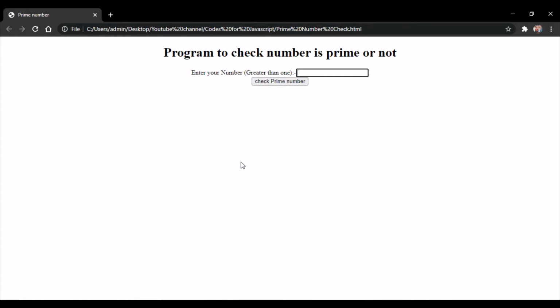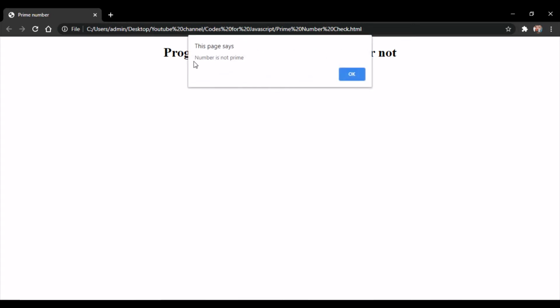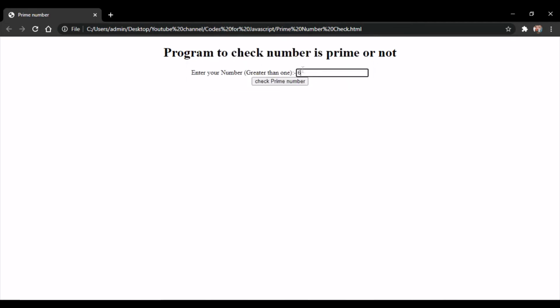So this is our output. I'll show you what we get after we enter a non-prime number and a prime number. Here I'll type in 6 to check if it is a prime number. This output shows us that the number is not prime. 6 is obviously not a prime number. So we'll go to a prime number, 2.